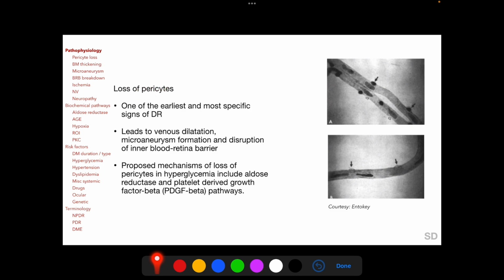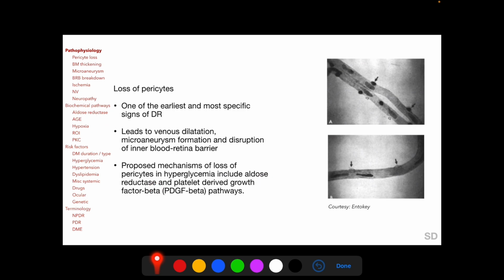Loss of pericytes is one of the earliest and most specific signs of DR. This photograph shows a normal retinal capillary with normal pericytes being visible, and in this figure, from a diabetic retinal capillary, the pericytes are absent, and in their place there are vacuolar bumps in the wall of the capillary. Loss of pericytes, as we will be discussing, leads to venous dilatation, microaneurysm formation, and disruption of the inner blood-retina barrier. And the proposed mechanisms of loss of pericytes in hyperglycemia include the aldose reductase pathway, which we will be discussing